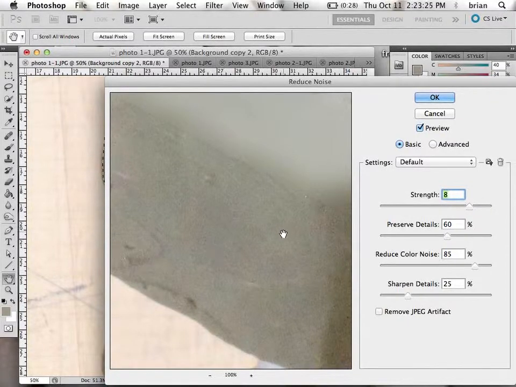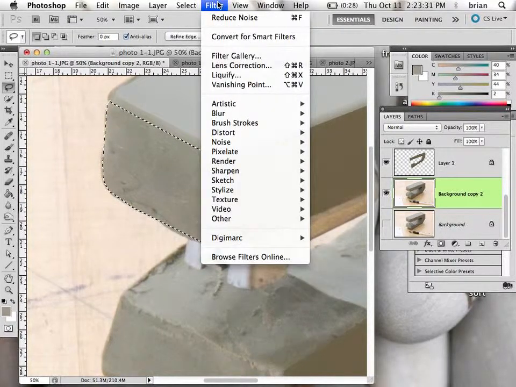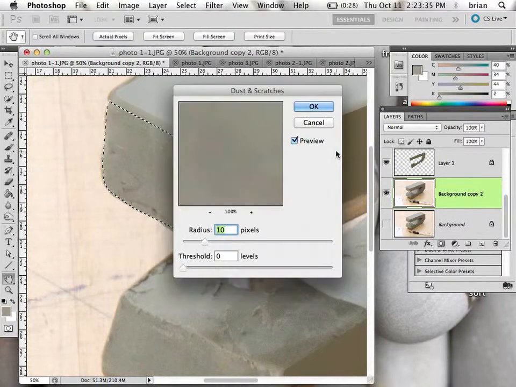it kind of gets rid of some of the pixels, but that's not enough. I'll just say okay, and that didn't really do much for me. But if we go to dust and scratches, this one you can actually,